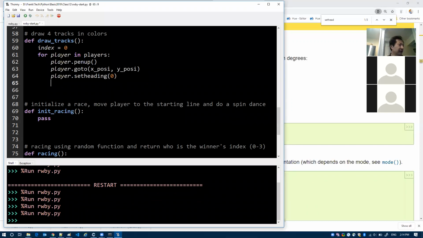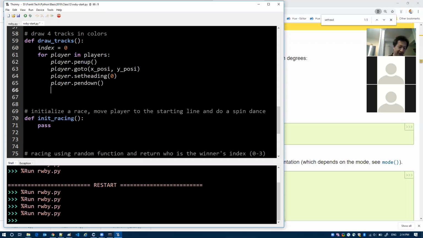Okay, after setting the heading, we start to draw. So we have to do player dot pen down. So now our pen is down. So everything we move, if we move the player or the pen, it actually starts to draw. Okay, so now we need to pick a color. So player dot color. So this is the color we are going to draw. So it's inside our colors